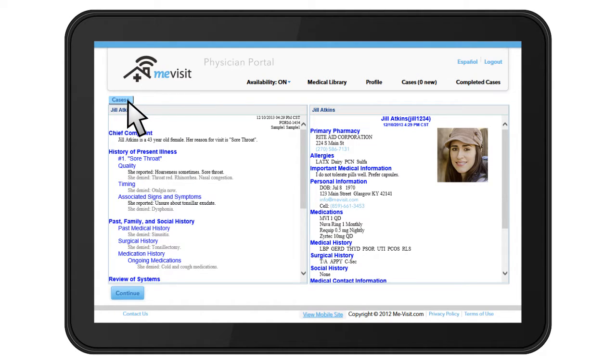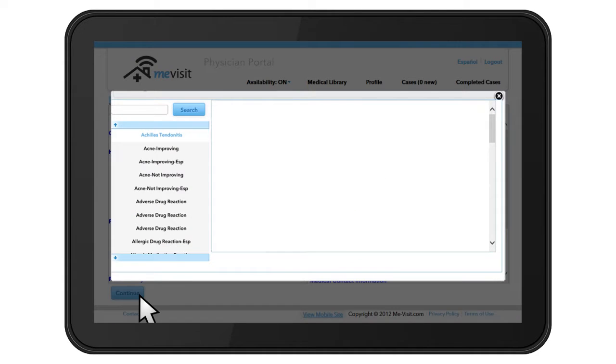This example shows a care request from Jill Atkins. Her HPI and PHR are displayed for review. Once all of her information has been reviewed and her doctor is ready for a diagnosis, click Continue to open the diagnosis window. Here the medical library appears to select a treatment plan. You may either scroll down the list using the down arrow button, or you may simply type in your diagnosis